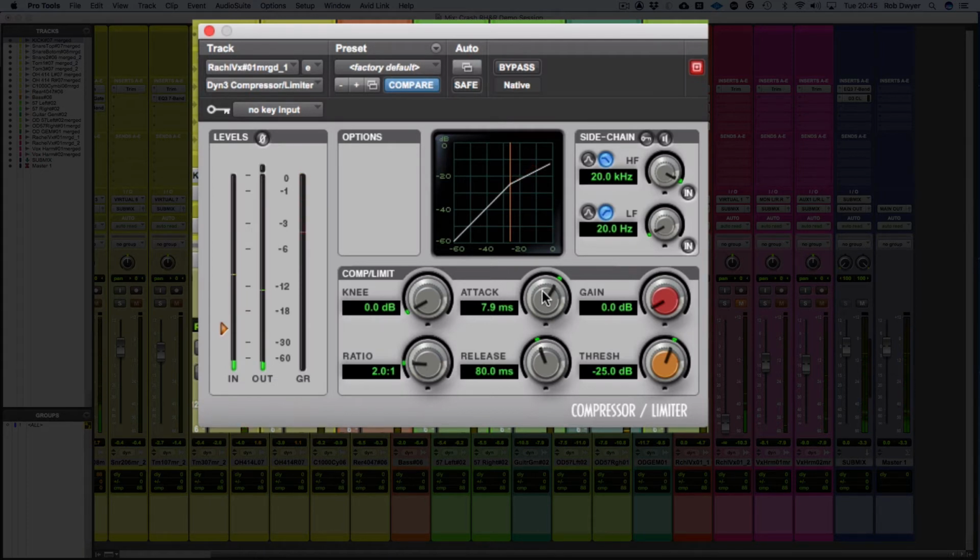Here it's just starting to feel a bit more controlled. Again, if I open the attack even further,